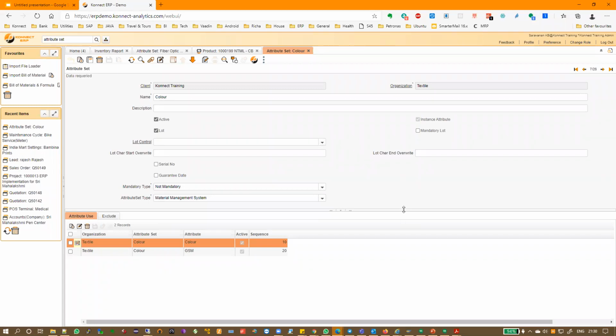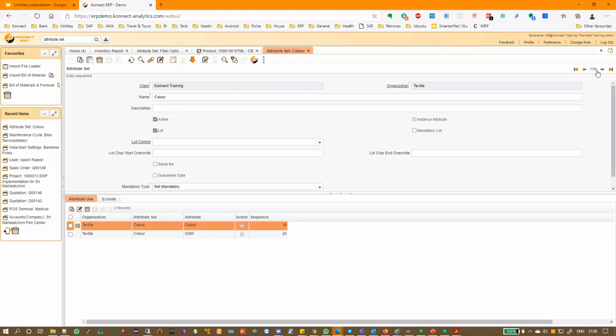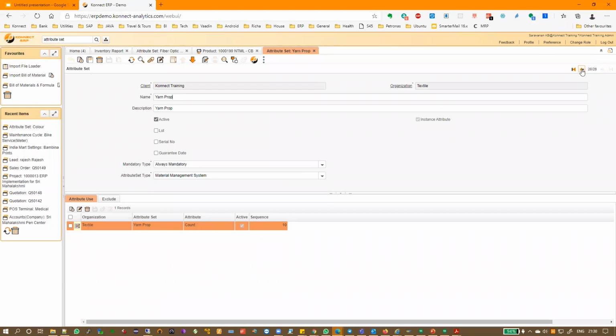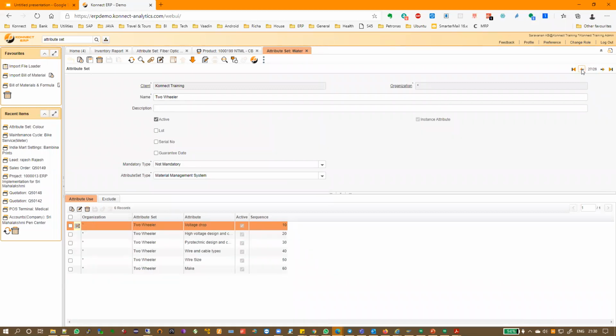The other part, okay, which is where our ERP kind of stands apart from most of the other ERPs in the market, is this particular option, which is called attribute use.